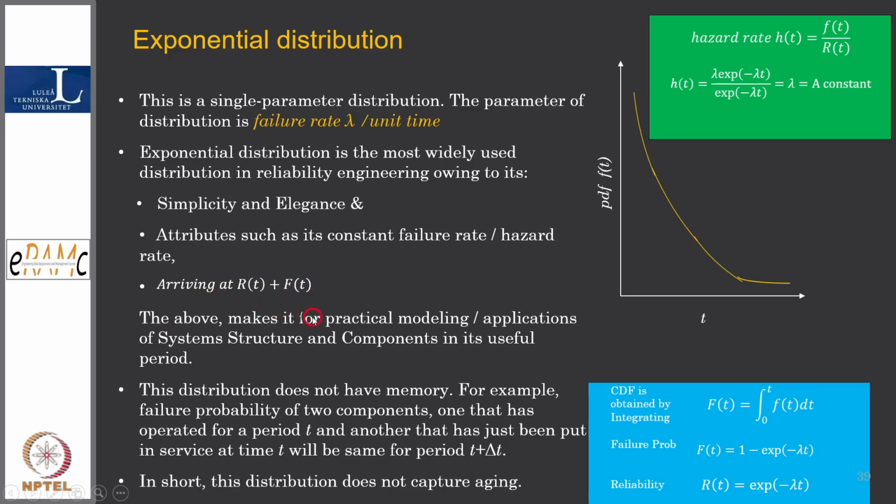So, reliability is 1 minus failure probability. That can be written, as I have told you, as F(t), which is obtained in the previous slide, the cumulative distribution function. So you get the reliability estimate; this matrix also you got the answer over here. And then the above makes practical modeling application very simple, because if the distribution is complicated, like the normal distribution, we need to use a table where a standard normal distribution is created, where mean is 0, and